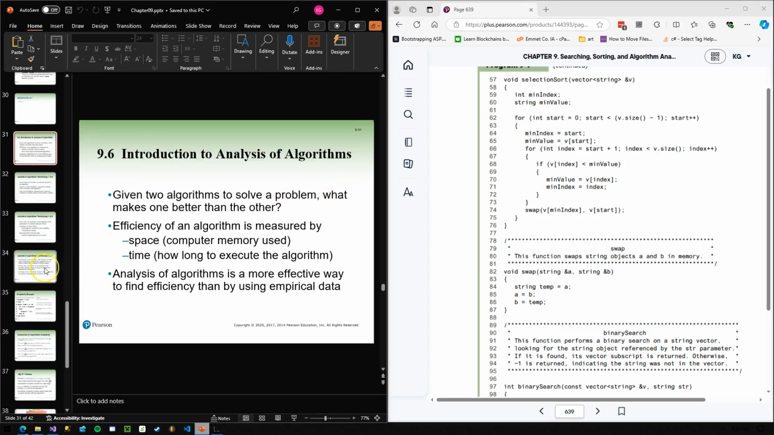Now the juicy stuff. Introduction to analysis of algorithms. So we've seen two searching algorithms. We've seen two sorting algorithms. What makes one better than the other? We've tried to talk about, at a high level in English, why one is better than the other. But is there a concrete way that we can sort of prove that? Well, there definitely is. We can measure the efficiency of an algorithm by the space, so how much computer memory needs to be used to execute the algorithm, and then time, how long it takes